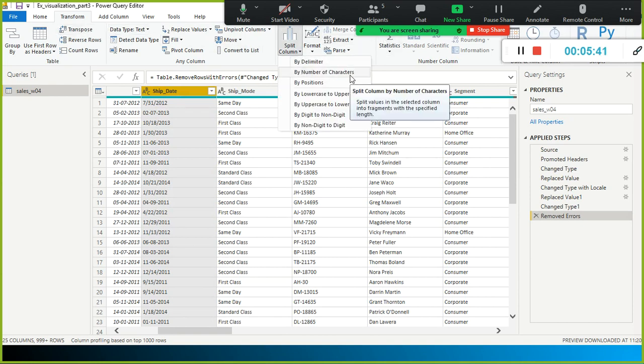Number of characters is not going to be helpful here because if I specify two columns, the first two characters are selected, or the last two or last four values are selected, and then moved somewhere else to create another column, and you are left with only these three, four, five items. So once you move this one to another column, 2012, we are left with 5 characters here, and again you need to do it multiple times.